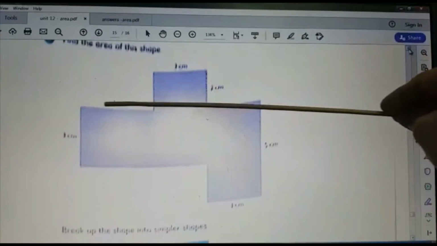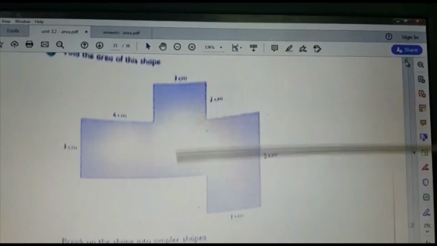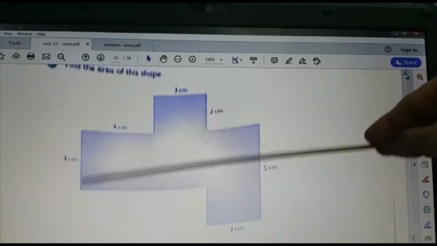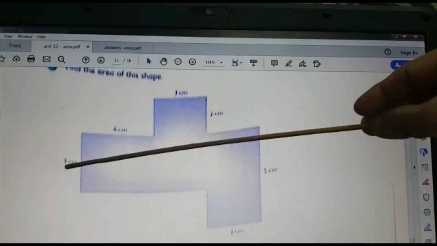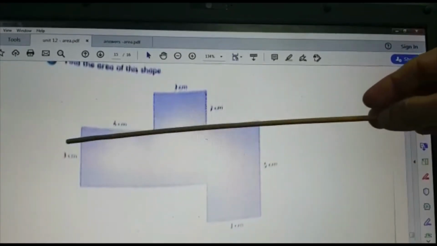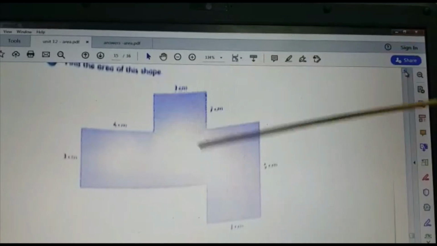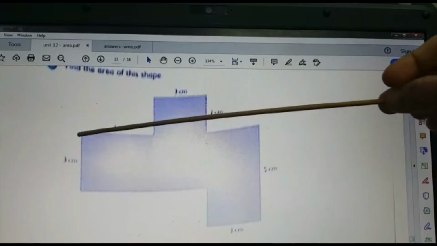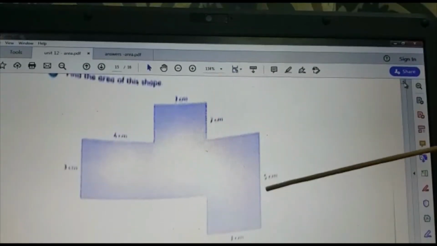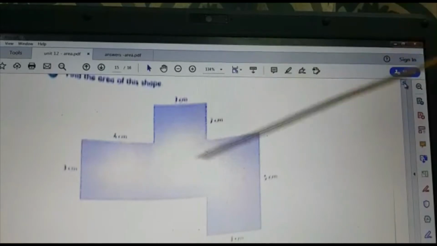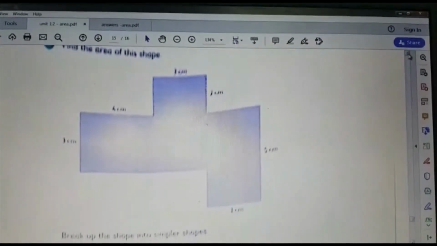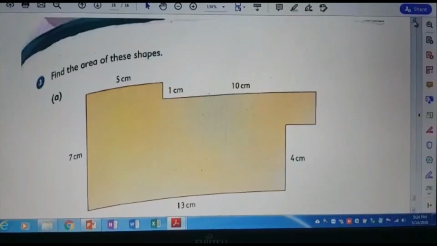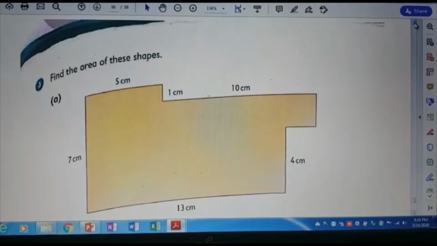So for the next one, what will be the length? It is 4 plus 1 plus 1, so 4, 5, 6. And what about the width? It is already given, I think 3 centimeter. I cannot see properly here. So that also, length times width you can do. Then this one also we are dividing as a square and the length is given. This is 5 centimeter minus 3 centimeter. So see the measurements in your textbook and just try to do it yourself. After that you just go through the explanation given for the answers. Then next page, 233.